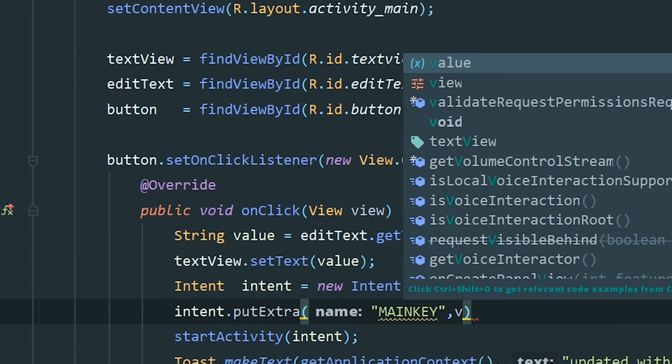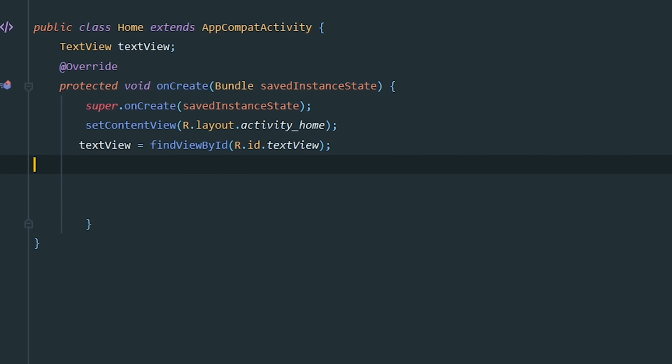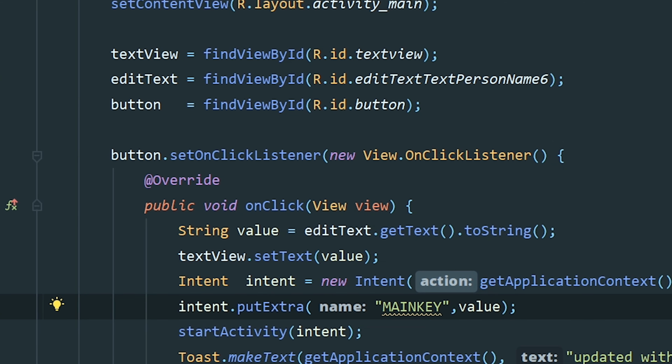Now whenever user clicks on the button, with the help of intent we'll be navigating to the another screen. So now we will go to this screen. In this screen I already implemented a text view with the text size of 15 dp, and I also created an object for my text view and connected this text view to my layout file. Now we need to receive that intent, right? So we need to receive this value first of all.